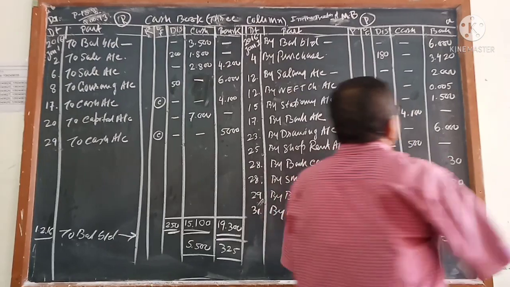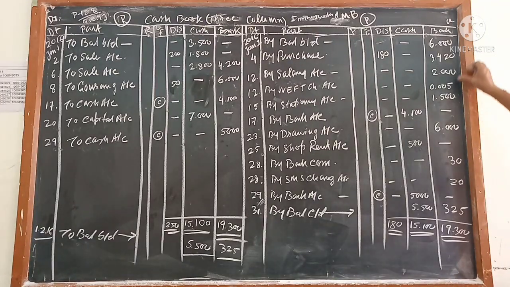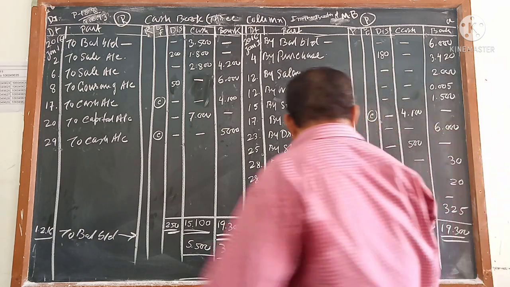How do you do it? You will add all this and it should be the total. Say 5, 10, 10, 0, 1 in your hand. 1 plus 2 is 3, 3, 3, 3, 6, 7, 8, 9, 10, 10, 0, 1 in your hand. 5, 5, 10, 10, 10 plus 3, 13, 3, 1 in your hand. 7, 10, 12, 13, 16, 17, 18, 19, 19. So this is your answer.